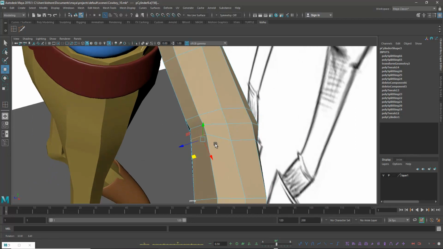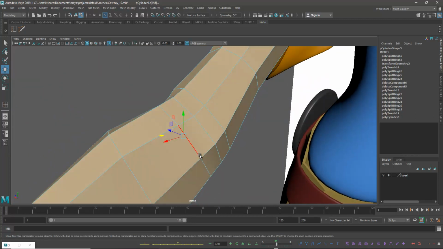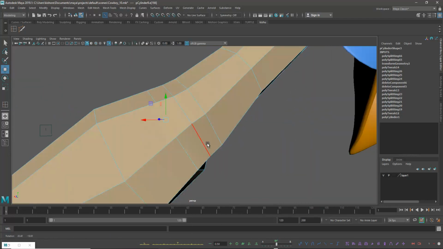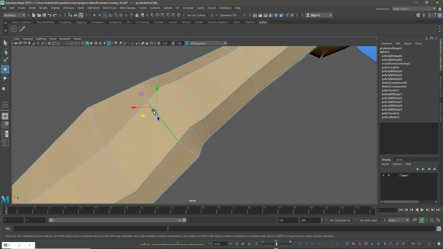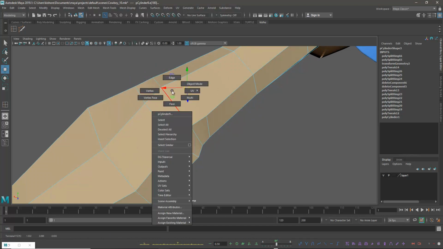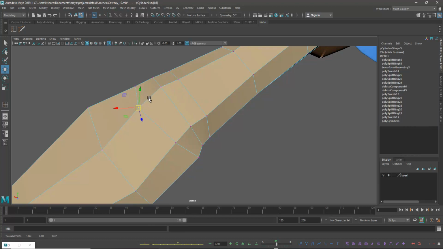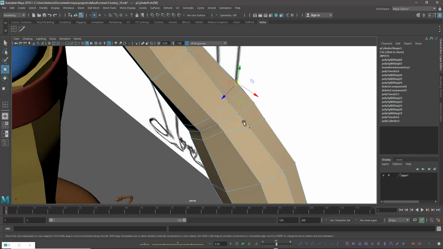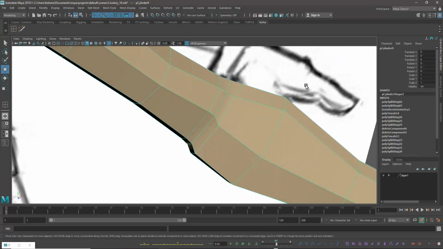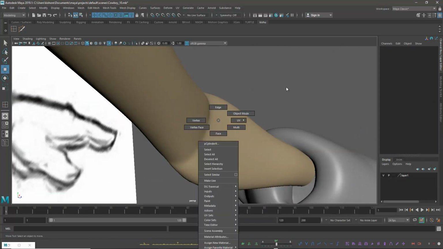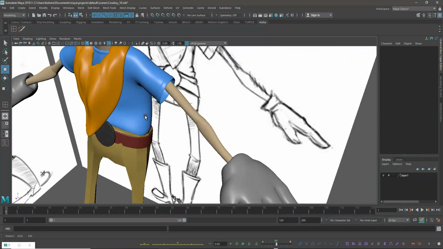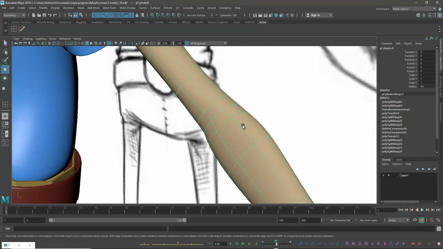Okay, fine. And this one like this way. Something like this.